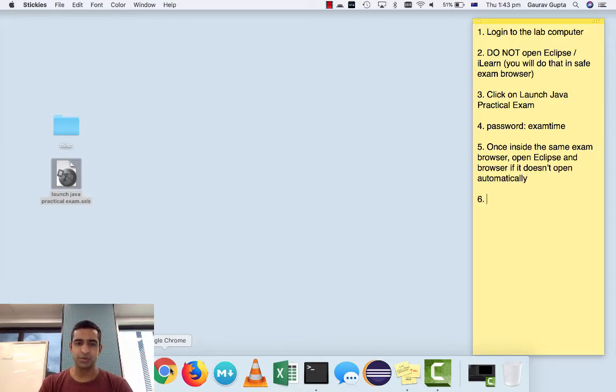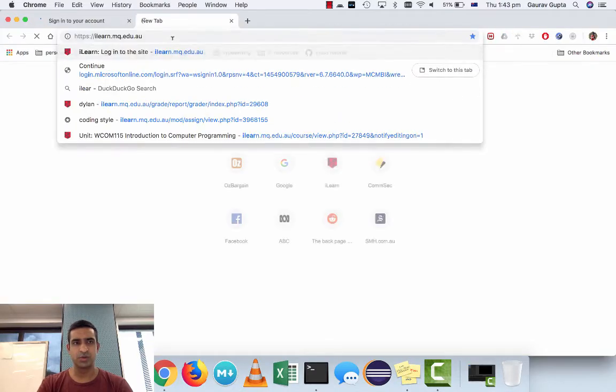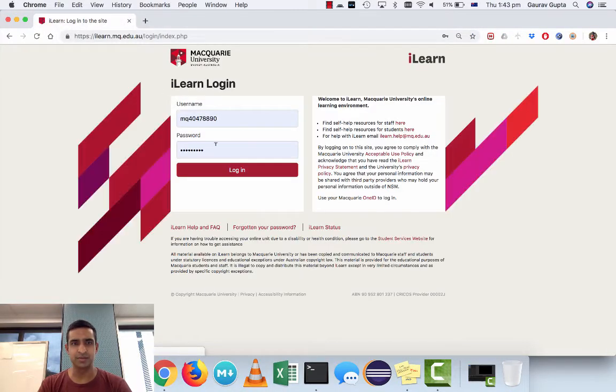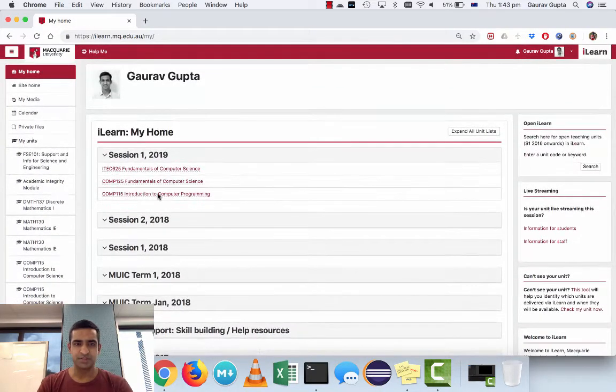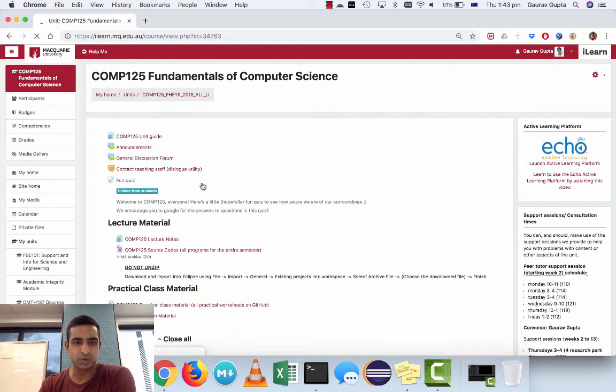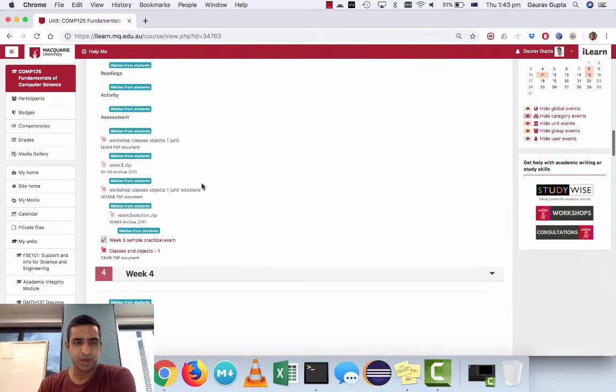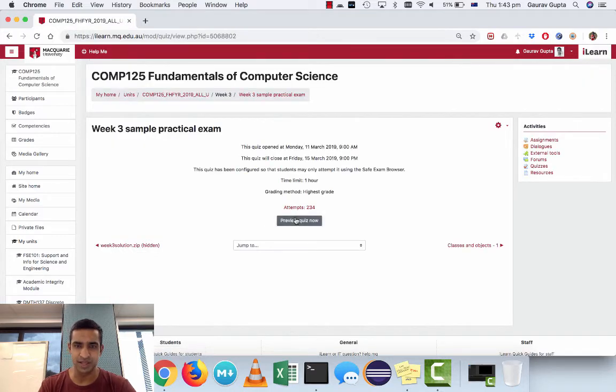So now you'll open the browser, which has been configured to go to iLearn and log in. I've put the sample practical exam in week 3. You're going to download that. It should download the file to C drive, users, your user account, downloads, but if it doesn't, that's where you should look. So you're going to open this practical exam and